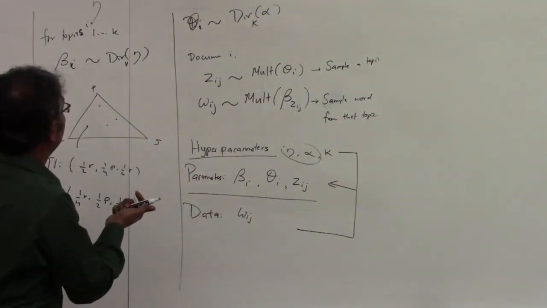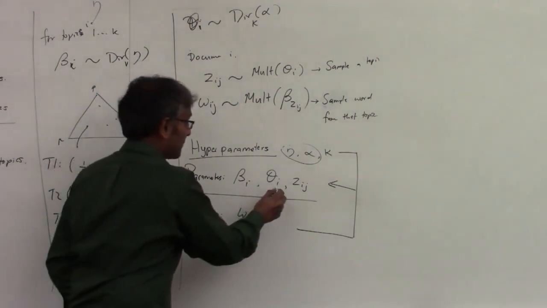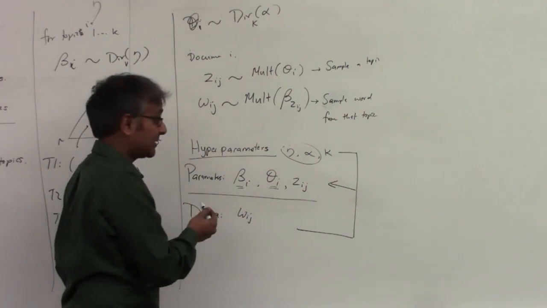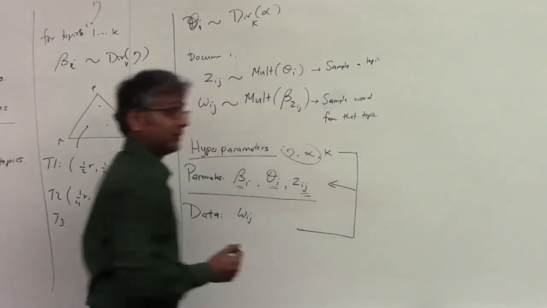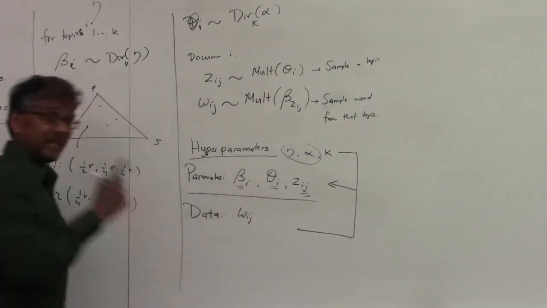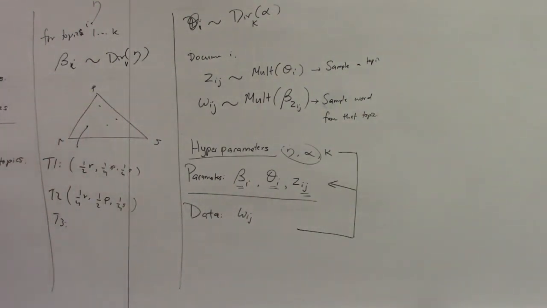In particular, you want to know how a document is broken down over topics, how a topic is broken down over words, and what the topic of any word is. So you're actually getting a lot of information from this. When you look at results of using LDA, you can color individual words in a document with what topic they have. You can look at two vectors for two different topics and see how close they are to each other. You can do all kinds of fun things like that. So you're getting a lot of information from this process if you can learn these parameters.